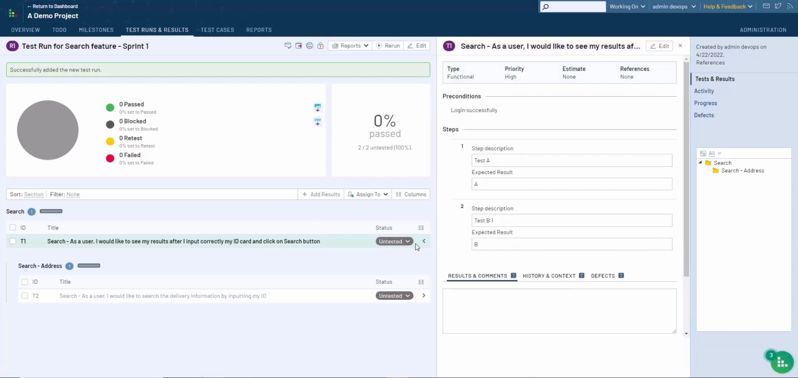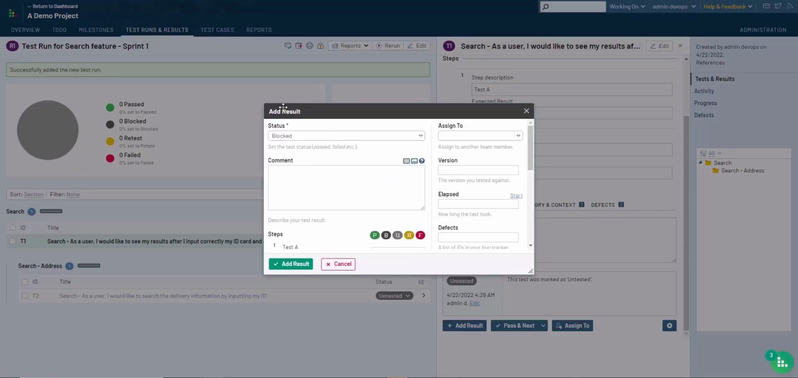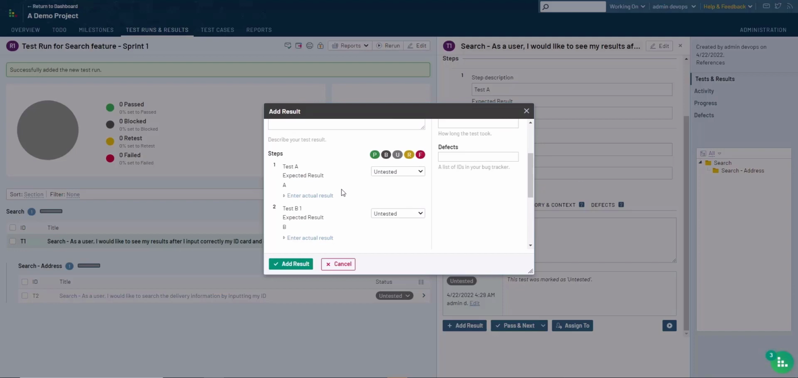As you can see, I can open it this way just to see the step. And when I want to add the results, I can add the results here. I can select status here. In case you say that you want to select status here, even like this, it still displays the add results pop up for you, and then you will input the status of each step, or you input the status